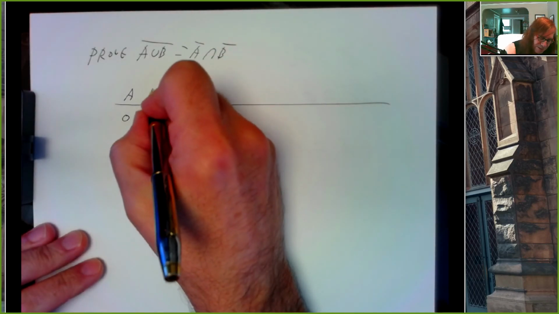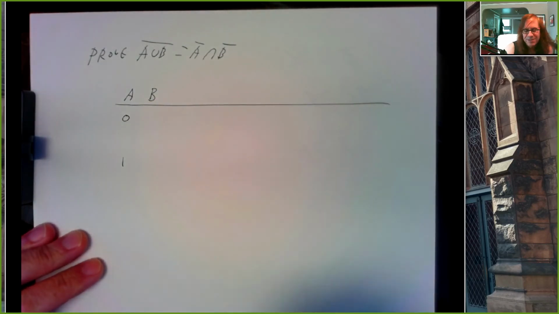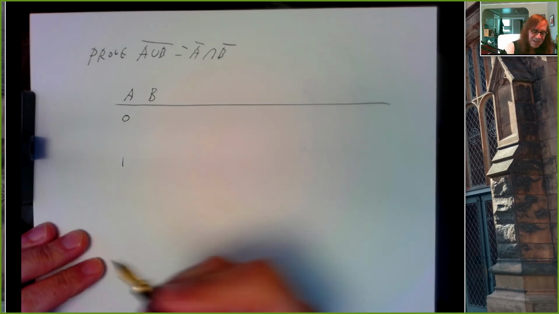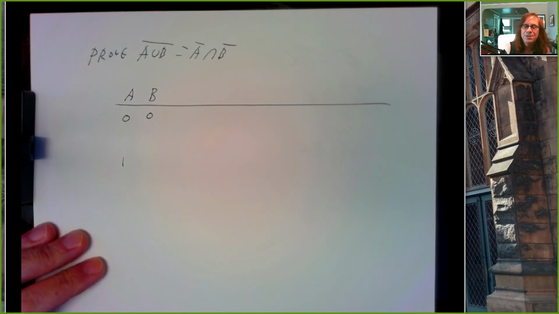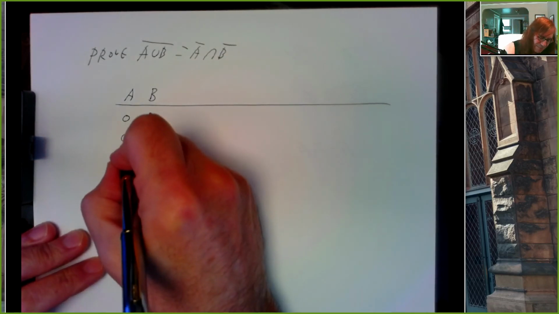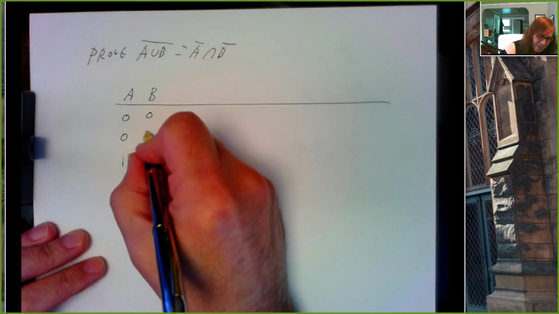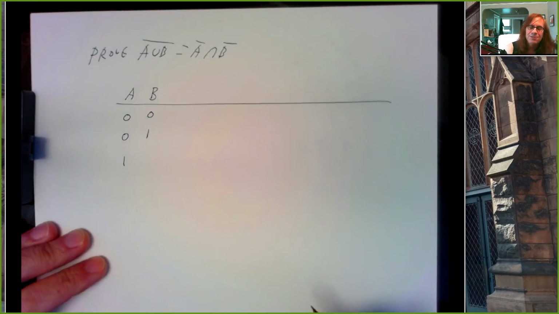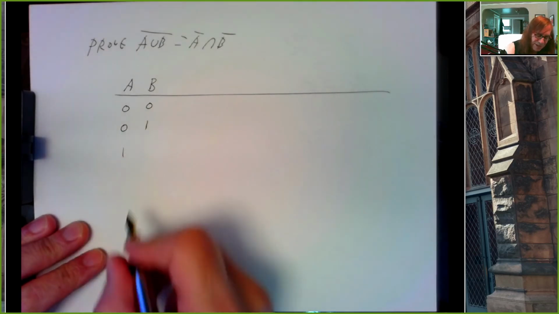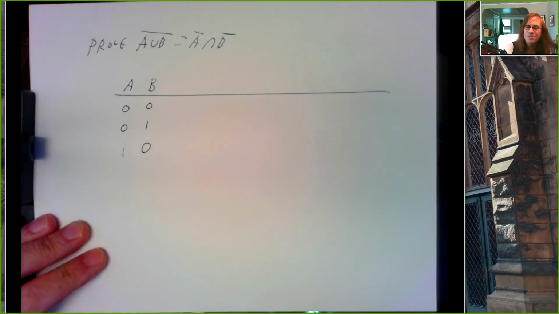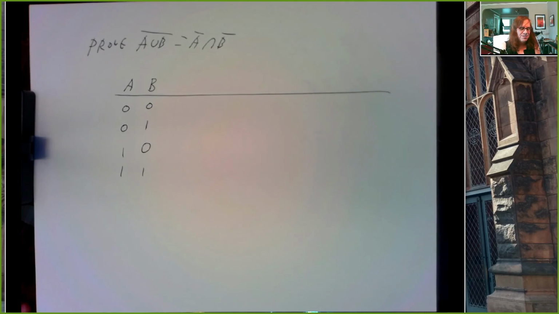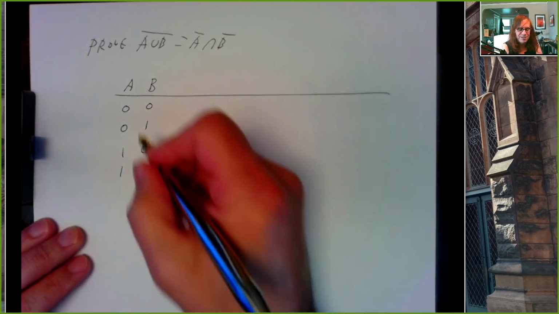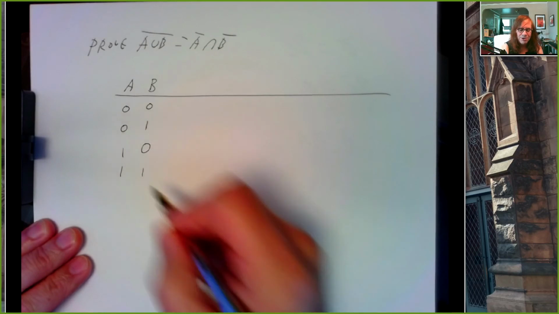And now I'm going to consider the set B. And if the element X you picked was not a member of A and also not a member of B, I'm going to write down a 0 for A and a 0 for B. If it was not a member of A, but it does belong to the set B, I'm going to write a 1 for B and a 0 for A. If it's a member of A and not B, I'll write a 1 for A, a 0 for B. And if your element happens to belong to both A and B, I'll write a 1 for A and a 1 for B. And I think you'll agree that one of these four conditions will always be true